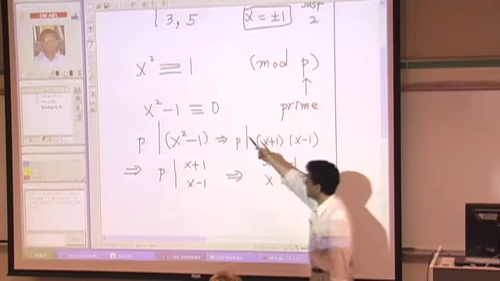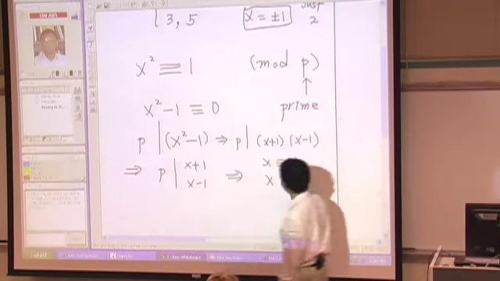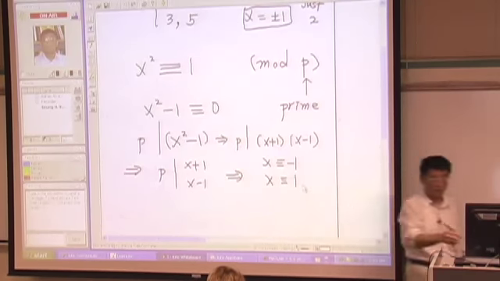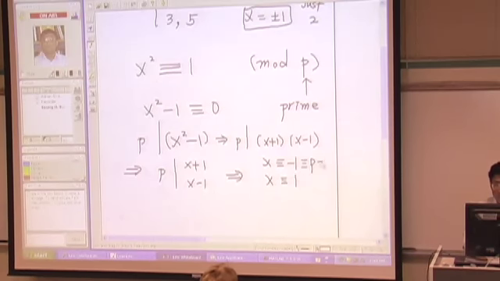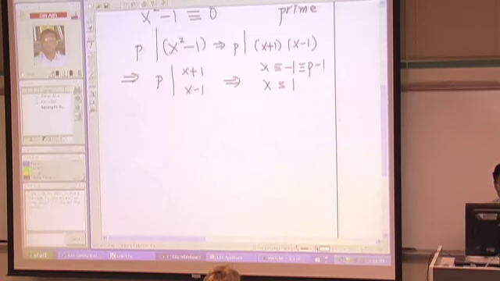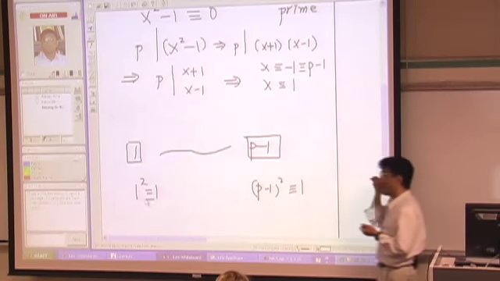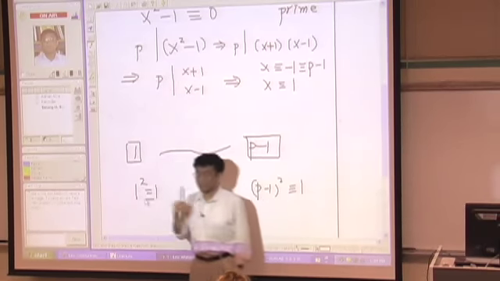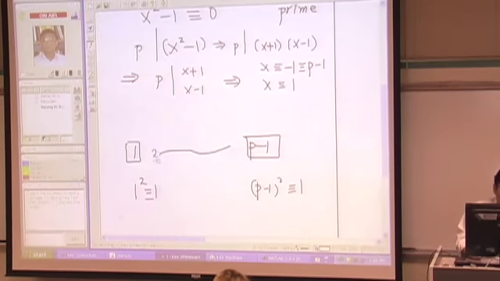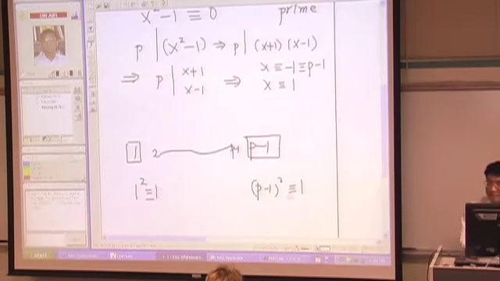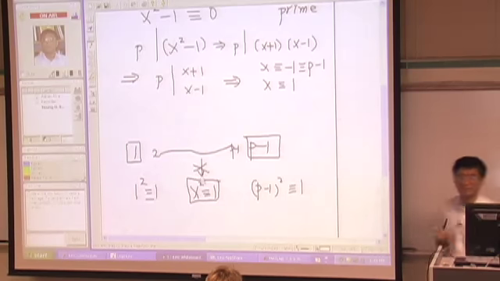So when it is prime, and when you have x squared equals 1, then there are only 2 possible solutions. Or, of course, minus 1 and p minus 1 are the same. So among the numbers 1 through p minus 1, only 2 numbers have the property that 1 squared is 1, and p minus 1 squared is 1, right? So only 2 numbers satisfy this, and other numbers in between do not. In other words, between 2 through p minus 2, we cannot find any number satisfying this condition. If you don't agree with me,